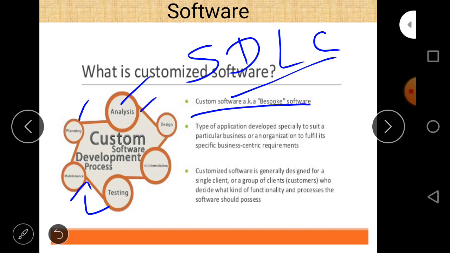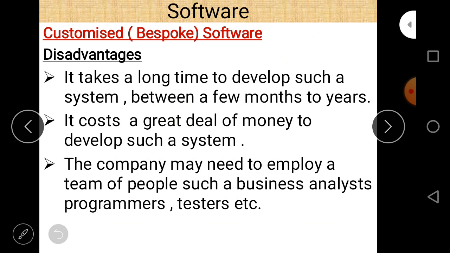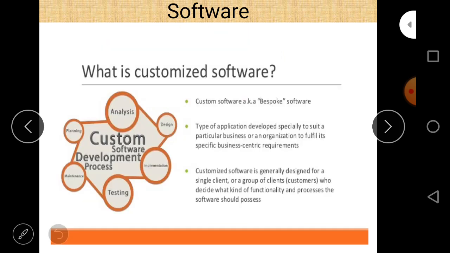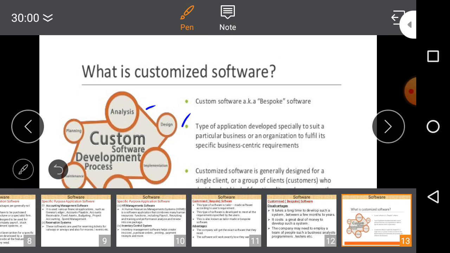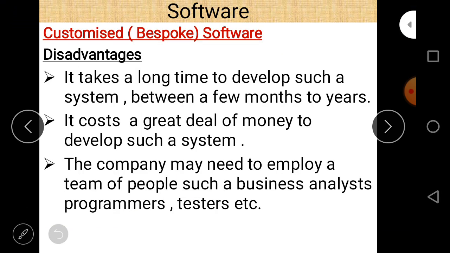There is an analysis phase and a planning phase which take a long time to develop a software. Since they take a long time and are user centric, they are not generally used by other firms and companies. The second thing is that it costs a great deal of money, because it is for a particular user, so all the cost of that software will be paid by that user.